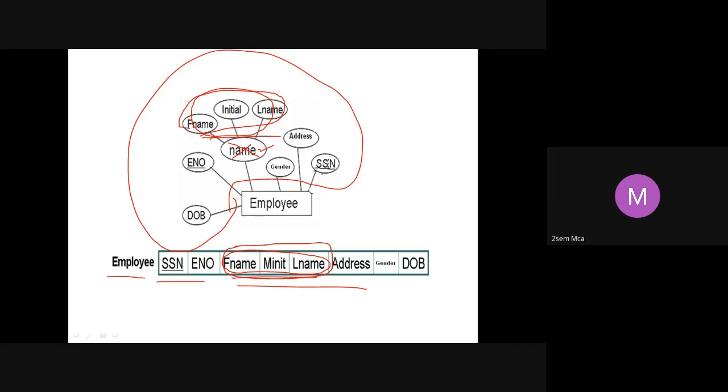What are the strong entities that we saw in the cricket example? Player is a strong entity, team is a strong entity, stadium is a strong entity, match is a strong entity. Yes, we have 4 strong entities. We have only 4 entities there, and all 4 are strong entities because all of them have a primary key.